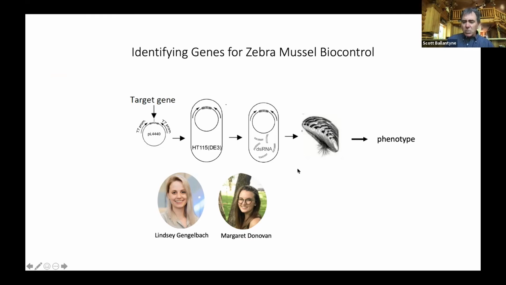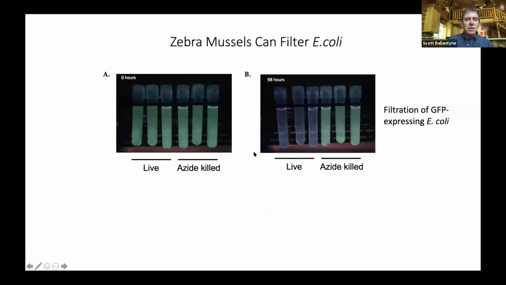For our project to work, it's critical that zebra mussels eat bacteria, right? They've got to ingest these modified E. coli that Daryl described. A few years ago, I did the experiment shown here together with some students at UWRF. We put small mussels into each of these plastic tubes. We then filled the tubes with water, and then we added E. coli to these tubes, but it wasn't normal E. coli. These were E. coli that had been genetically modified to glow green.